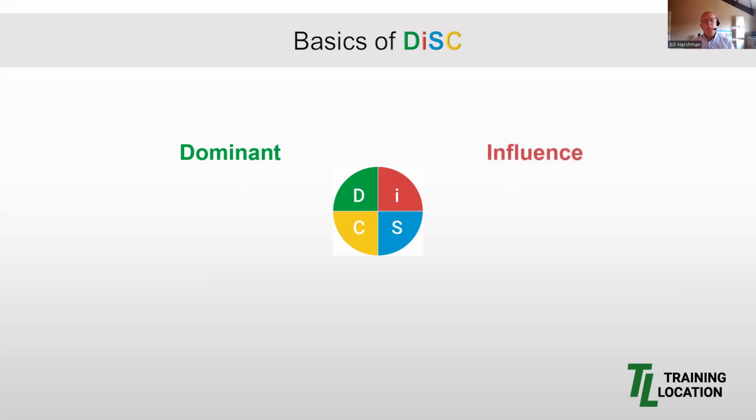Before we get started, I want to introduce you to the basics of DiSC. DiSC is a research-based tool that helps identify the needs and priorities of people. DiSC is an acronym for the four basic styles: dominant, which is strong and outspoken and prefers task accomplishment; influence, which is outgoing and enthusiastic and prefers collaboration; steady, which is patient and accommodating and helps others feel welcome; and conscientious, which is analytical and precise and prefers to get things right. Now, please note that DiSC measures tendencies and preferences and not skills and abilities.